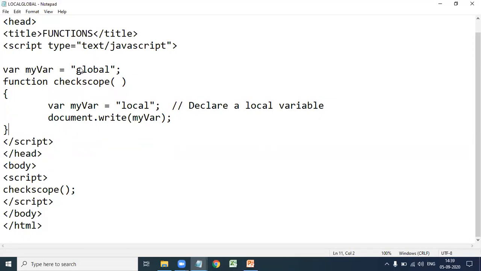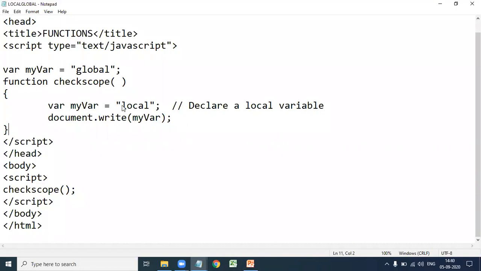Global variables are written at any part of the program. If the local variable and global variable have the same name, here the global variable is myWhere and the local variable is also myWhere, remember the point: the local variable hides the global variable.